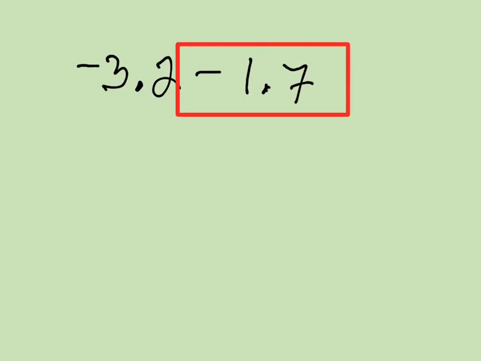There are, again, lots of ways to do this, but let's just say we have negative 3.2 minus 1.7. So now these are different signs, and we can go into great detail about doing it other ways. But if we just change it to an addition problem, remember the operation goes with the number after it. There's a hidden positive right here. And so this negative 3.2 doesn't change, but then we can change both of those signs. The minus turns into a plus, the positive turns into a negative, and so now we have this,